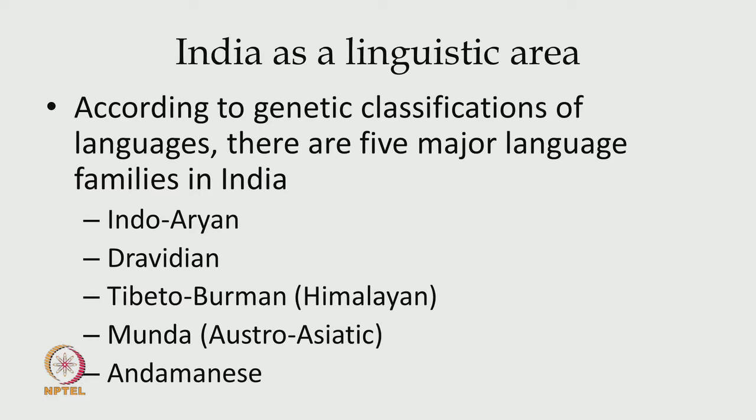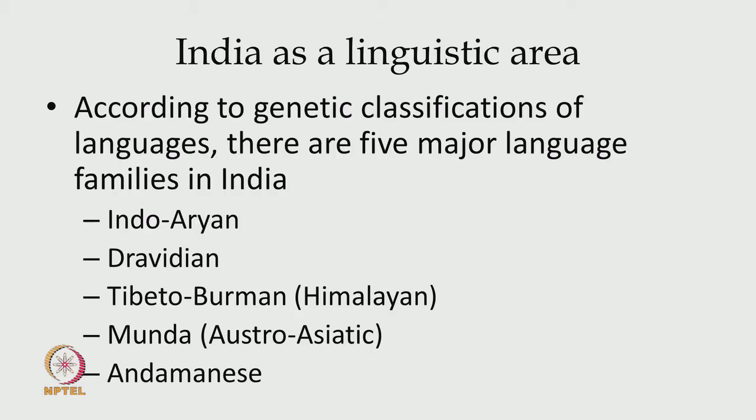Genetically speaking, there are 5 major language families in India. That is, whether we believe in the counting done by George Grierson of 1652 living or dead languages spoken in this subcontinent, or a modern estimate of 800 by People's Linguistic Survey of India, all of them will be classified in 5 major language families,